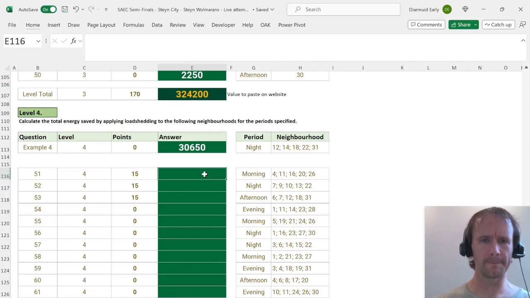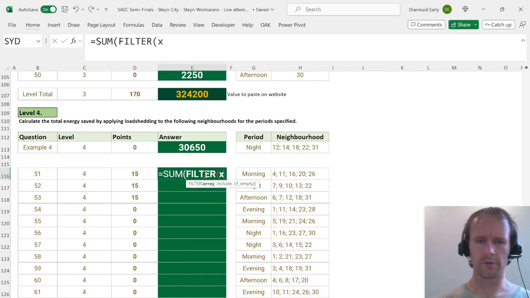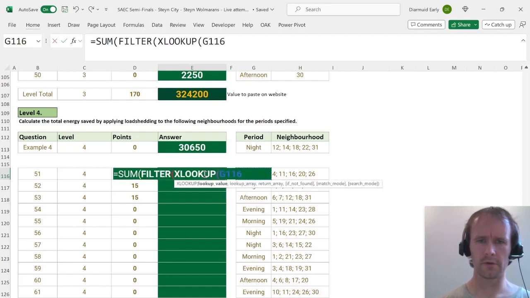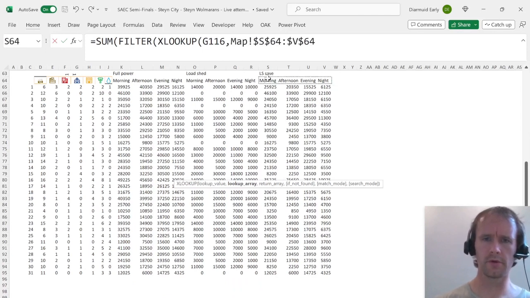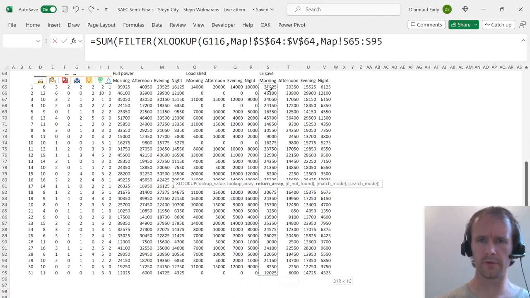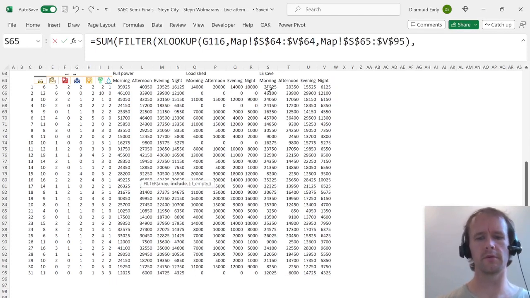So night for these neighborhoods. I'm going to sum whatever I come up with. I'm going to filter, and what I'm going to filter is XLOOKUP this morning to get the right column from here to return these values. That's what I want to filter, and then I want to know is number